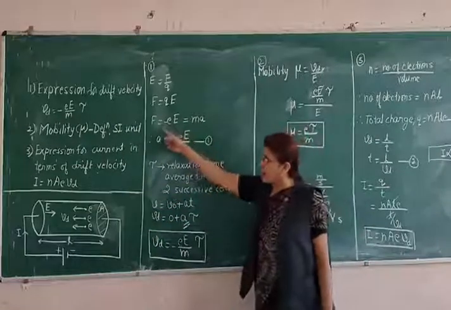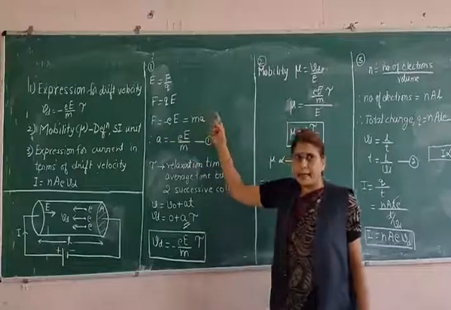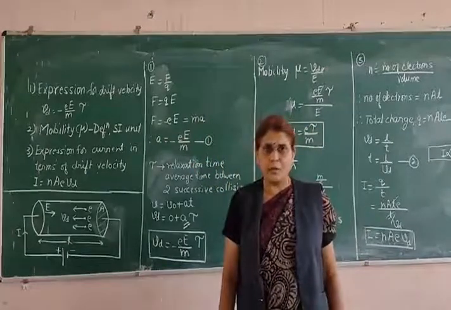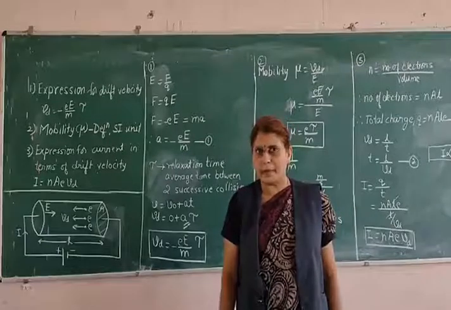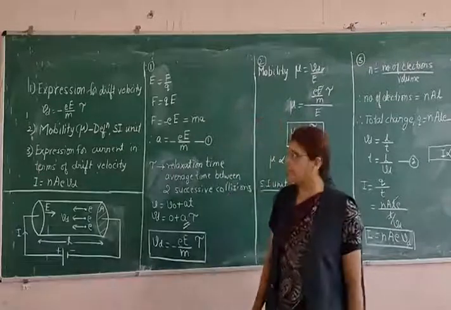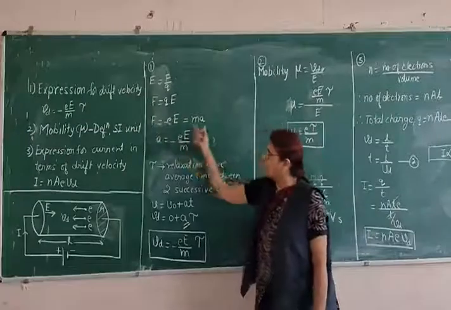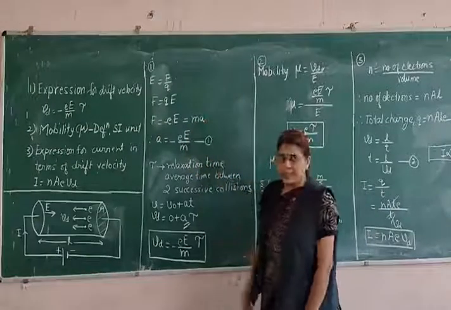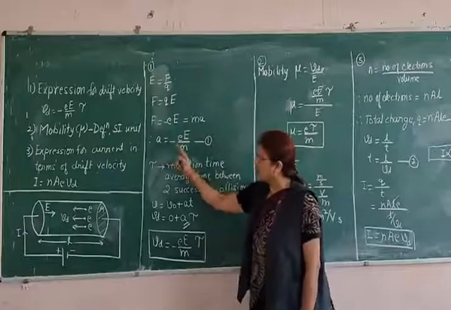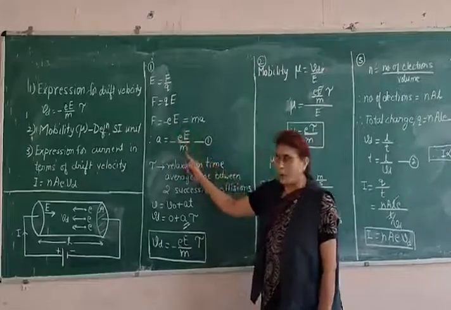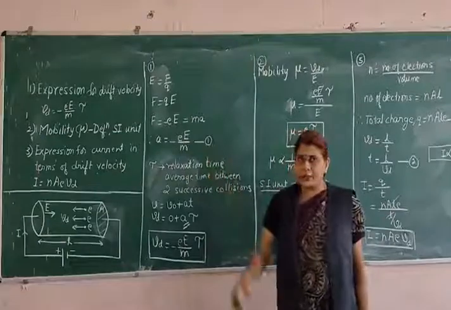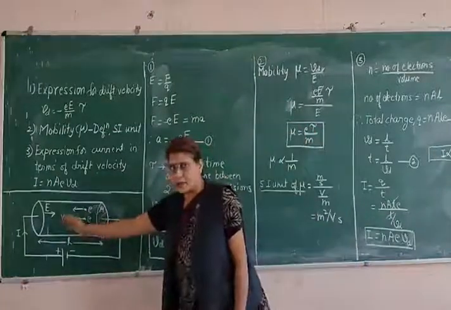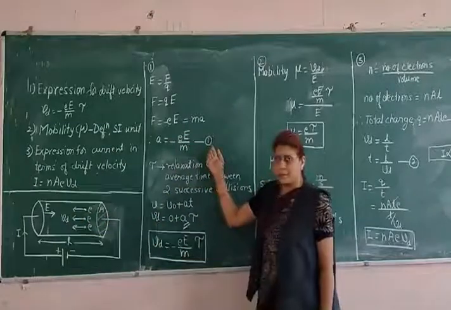Now let us write F in terms of m and a. Last year many times you have derived relations from Newton's second law of motion, that is F equals ma. So we shall be using that concept now. This force F is also equal to m into a. Now let us take a on one side. So I get a equals minus eE upon m. So I got an expression for the acceleration acting on this moving electron, and I have written it as equation 1.